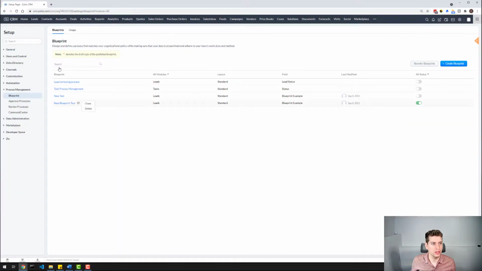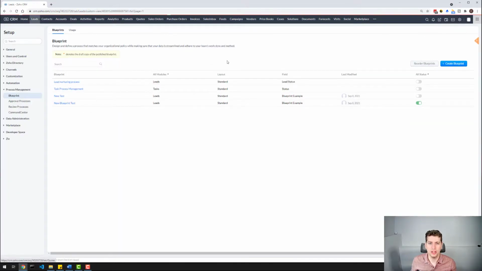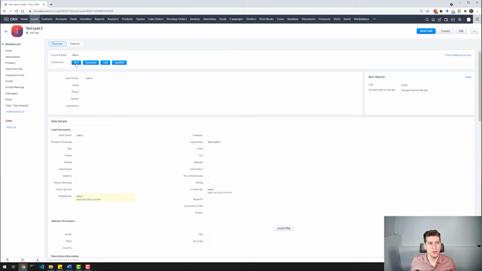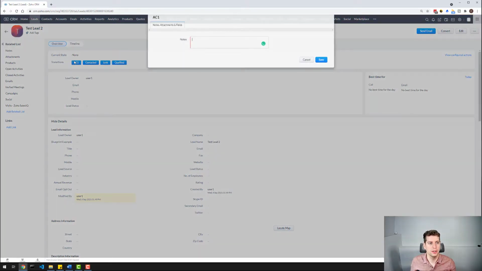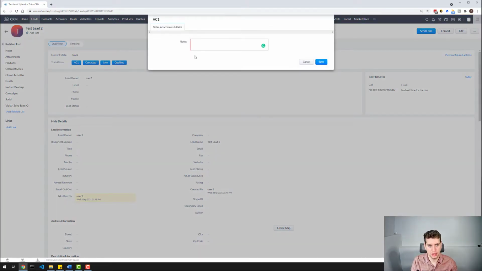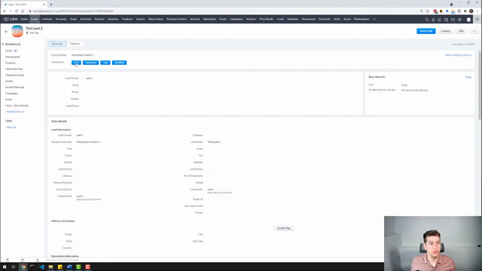And then we are going to go back to our leads and we're going to create another test lead and then come back here. So if we click AC1, we're now going to see the options for AC2, contacted, junk, and qualified. Again, we're going to have to go through this, another test, save that. And now you can see we have AC2, contacted, junk, and qualified. So if I were to click junk, it then takes it to junk. We then have the option to click contacted or qualified. Let's click contacted. And then at the end, we also have junk or qualified. And so we'll be going back and forth because there is no end state. We cannot get out of this. So that's what that error was actually meaning.